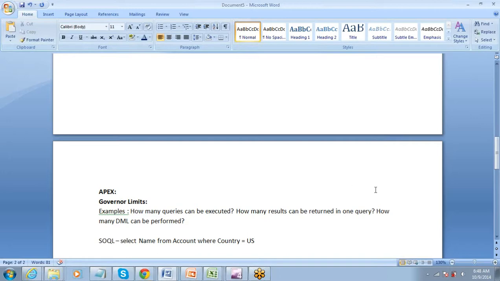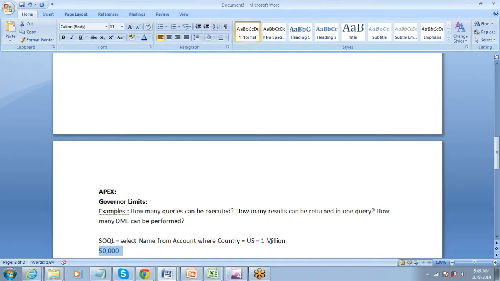Let's say this is what you want to put, and in your database you have 1 million such records where country is US. Alright. But your query will not return 1 million records. It will only return the number which is allowed. For query, I think it's 50,000. So the maximum number of records which can be returned is 50,000. So it will return 50,000, and after that it will stop. It will give you only the first 50,000 records which have been retrieved. That's it.